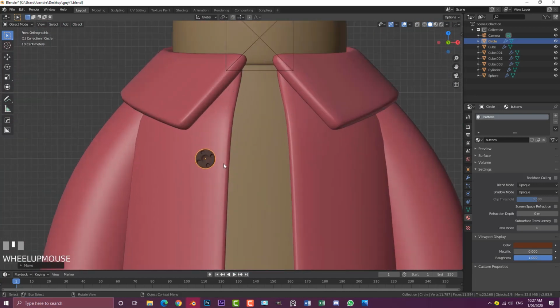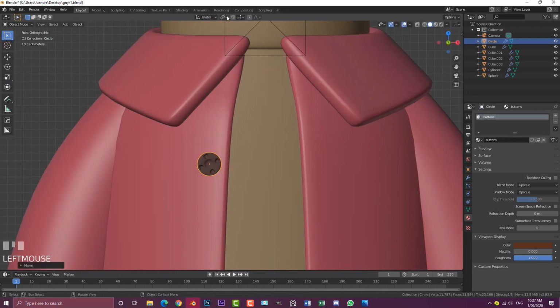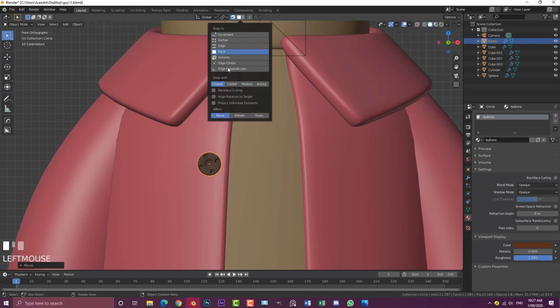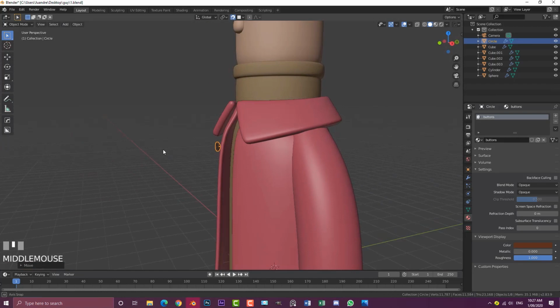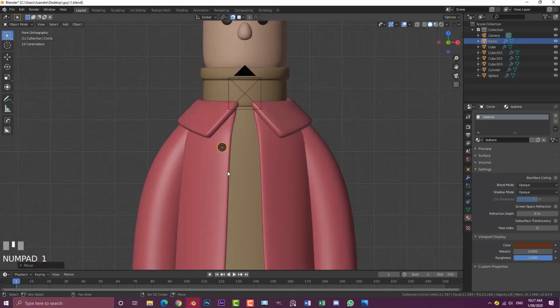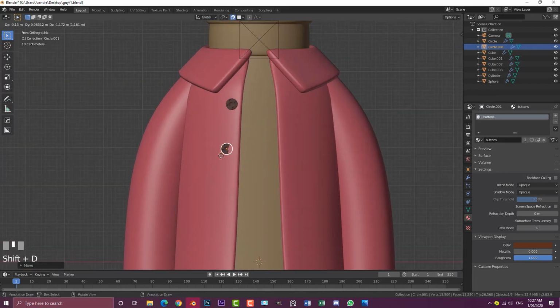So what I'm going to do is come up to the top in a second, enable the little magnet tool here, and I change this to faces. So this is going to snap it to the surface here. If I move it, you can see it's snapping to the surface of the jacket. So Shift D to duplicate. I'm just working my way down here,